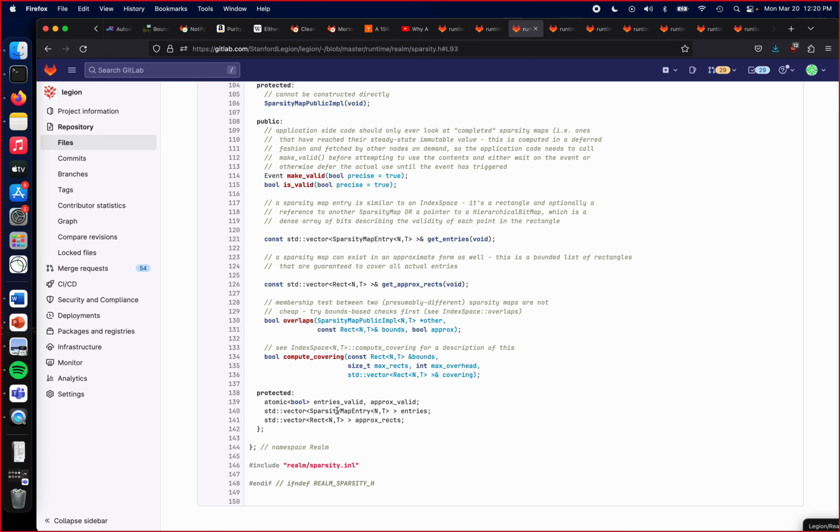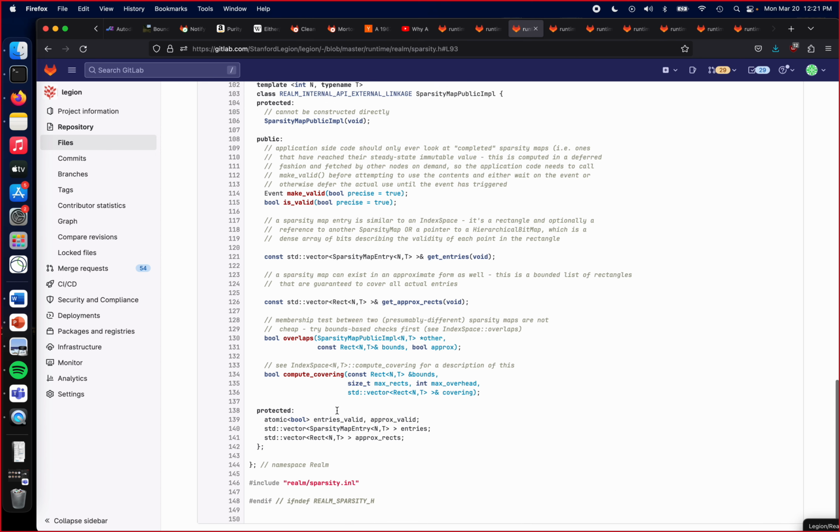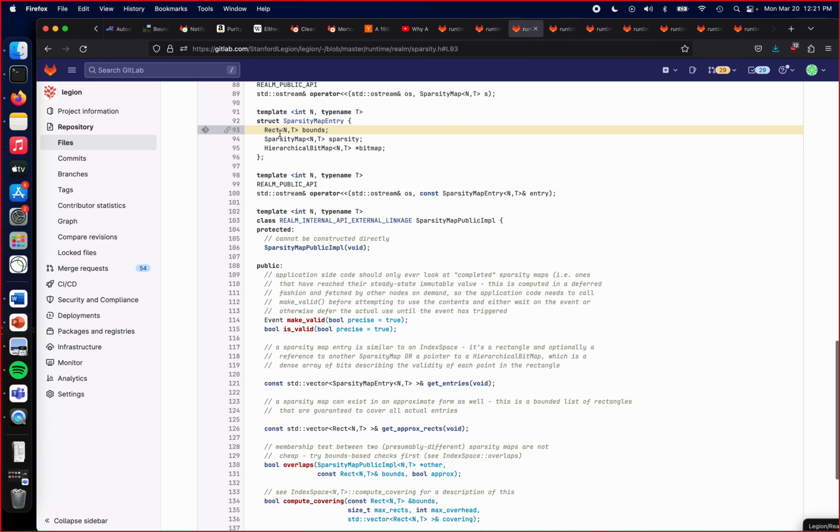Like if your index space were literally a bunch of individual points that were completely isolated from each other, right? That's probably the only case where you don't want this list of rectangles. That's where you actually probably do want one of these hierarchical bitmaps, because if you represented everything as points, you'd effectively be doubling the representation in memory of what you actually need, because you'd have rectangles representing points and you're storing the same point in the rectangle both for the high and the low